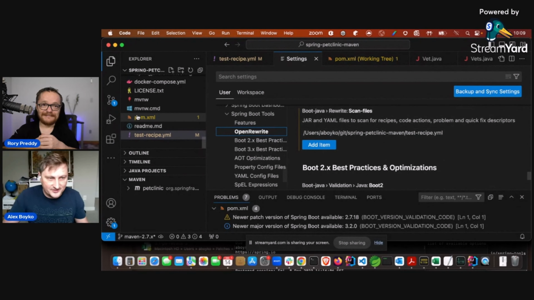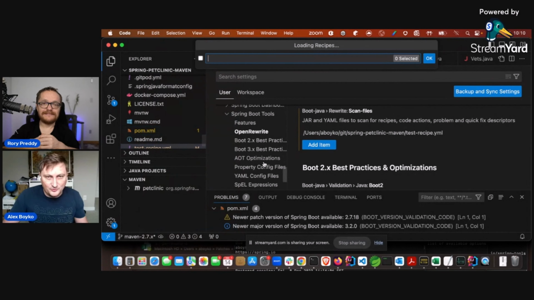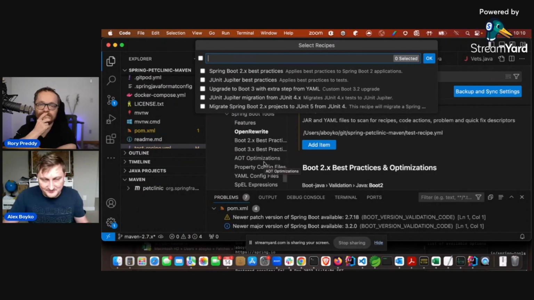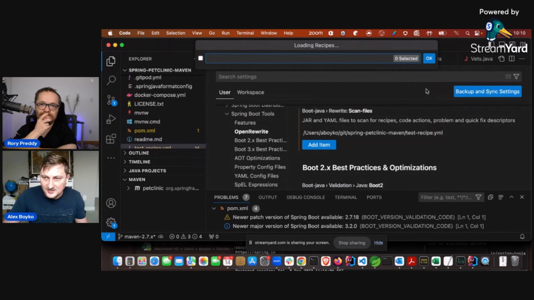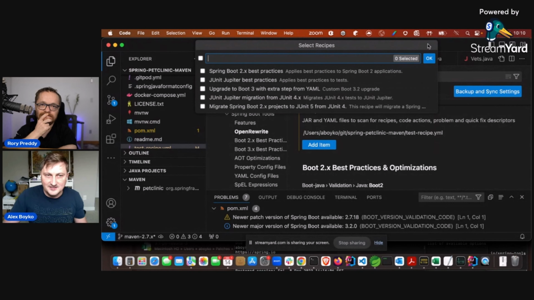You would typically find those hooked recipes not under upgrade Spring Boot version, because those are just the upgrade recipes, but under refactor Spring Boot project typically, in that UI, right? Because that's where the rest of the recipes are kept, not necessarily upgrade recipes. So you can see upgrade to boot 3 with extra step from YAML, that's our recipe. That's what we have in the display name. So this is it. You can step inside of it, and you see our boot 3.2 upgrade and the change method name upgrade. So let's select this